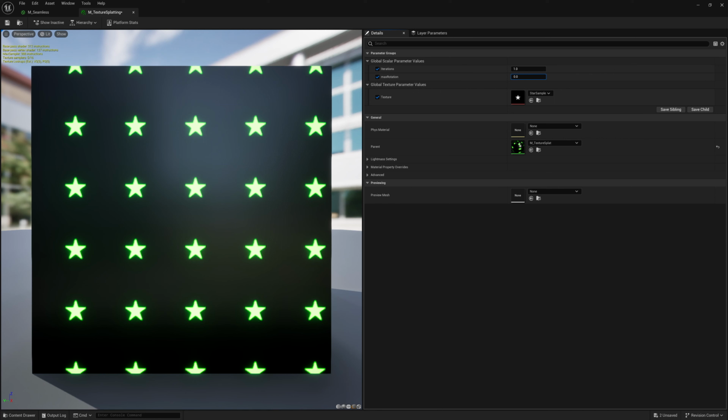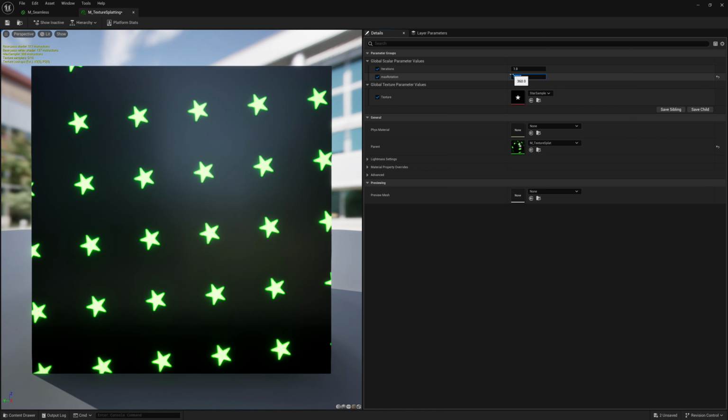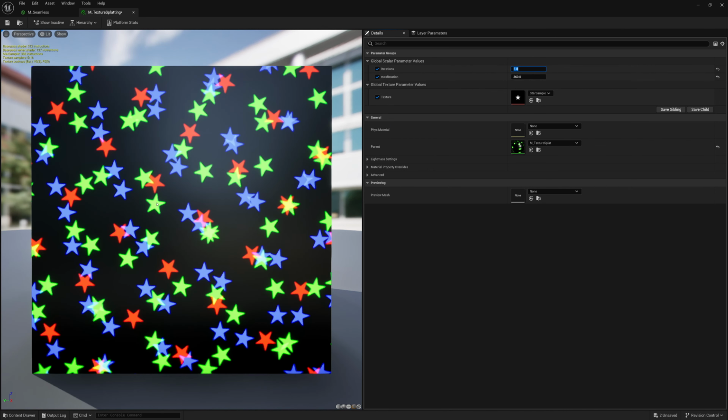In addition to that, we'll also take a look at how you can make your own custom node in Unreal using HLSL to splat or place a texture a number of times and randomly rotate, scale, offset, and tint that texture as well. So I have this star texture defined here, and it's placing it, and I can rotate it within a random range, maybe 360 degrees, and then choose how many times I want to place this texture randomly on the surface. So I could do like 5 times, and there we go. So take a look at how we can also create our own custom node to do these types of things